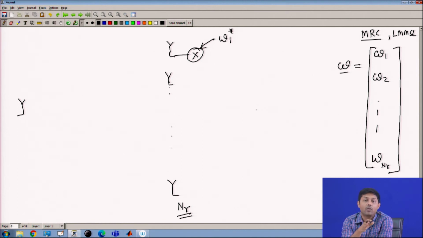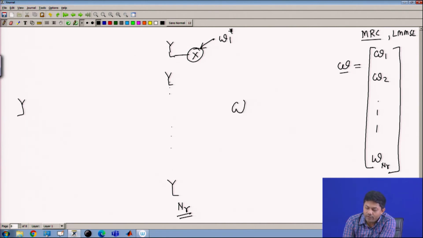Now, if you say, okay, do everything in the RF, then does it mean that I just put the multiplier in the RF domain? Now, my dear friends, it will be very difficult to put a multiplier in the RF domain, because it is a complex number. Having a complex number multiplier in the RF is not an easy task. So, what is the best way to do it?